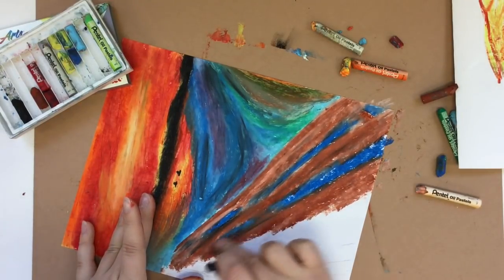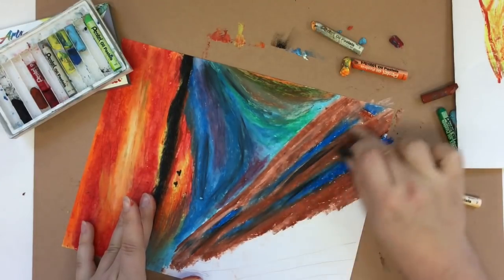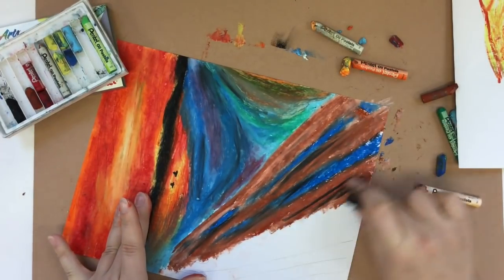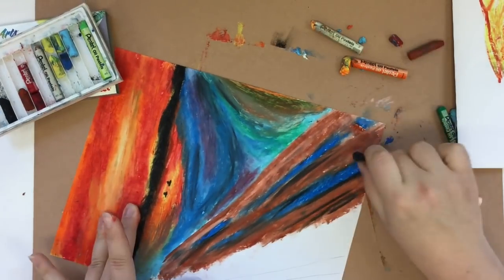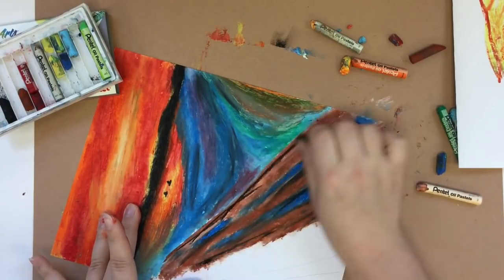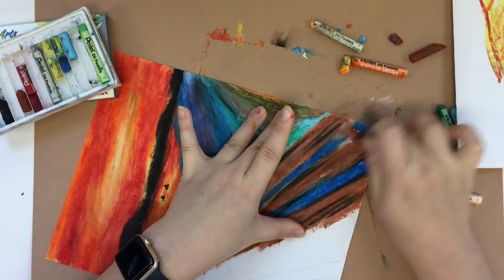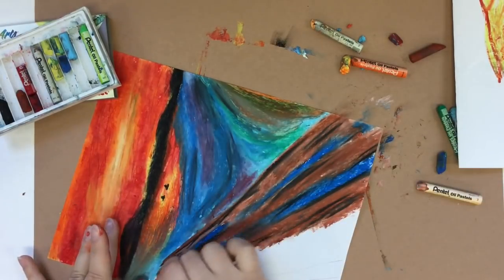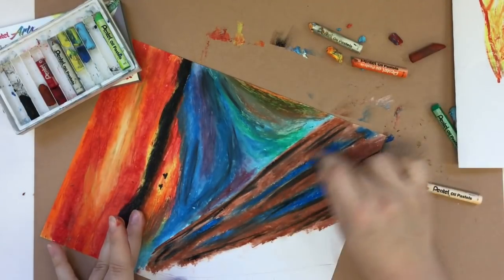If I find that it's not dark enough, I'm going to add some black to it. And we're making wood grain. This is a wooden railing. And when you're doing wood grain, you're going to make sure that you're only blending in one direction. You can see that my finger is going one direction. It's going with the wood grain so that it makes it look like it's actually wood, not just a painting